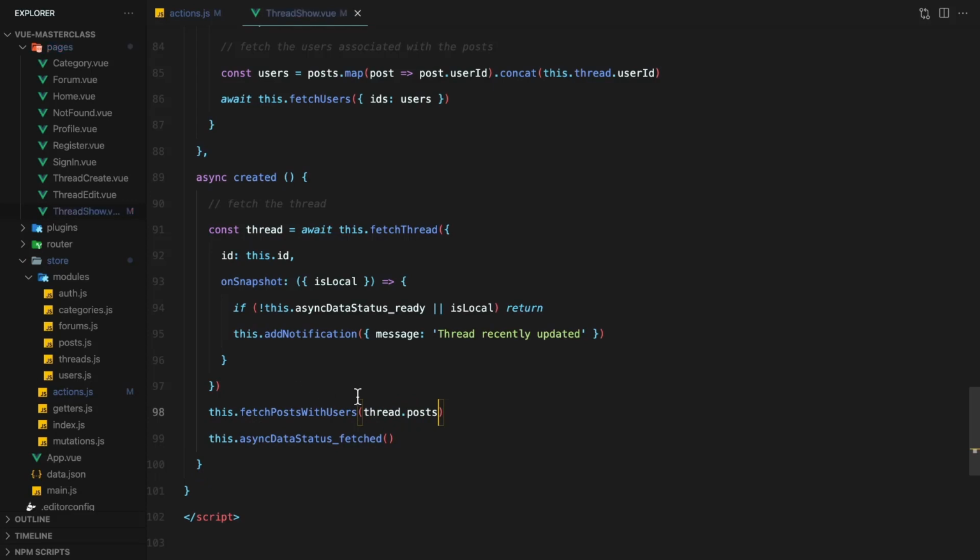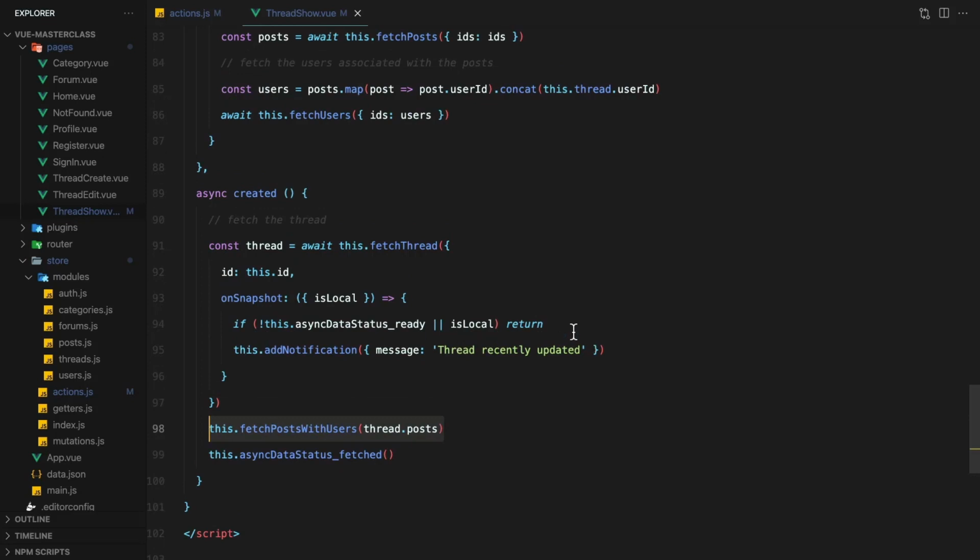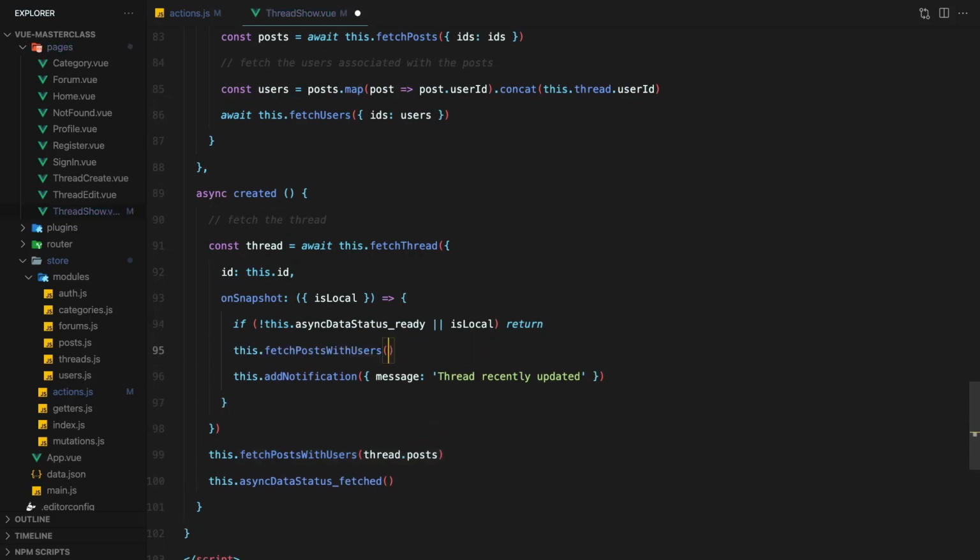We can call the method once again in onSnapshot. But how do we know which post IDs it needs? We could assume that the last ID in thread.posts is the only newly updated post. However, to be more thorough, we could instead compare the original thread.posts to the updated thread.posts.